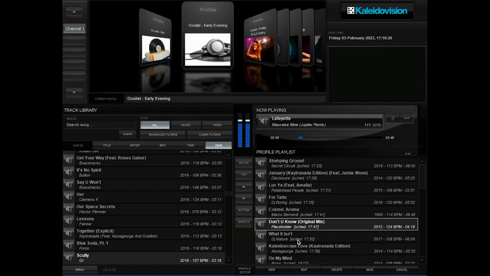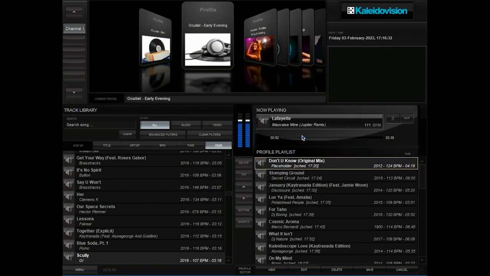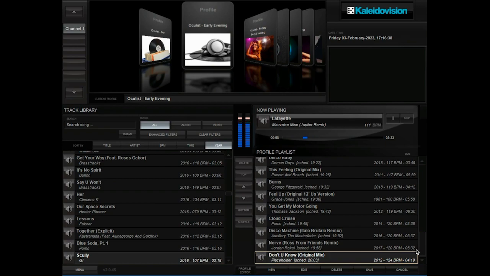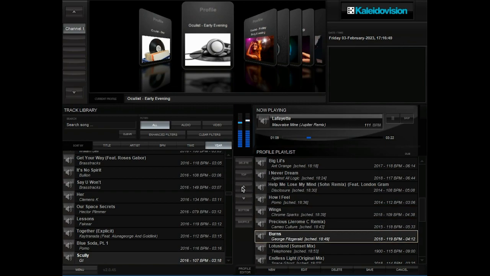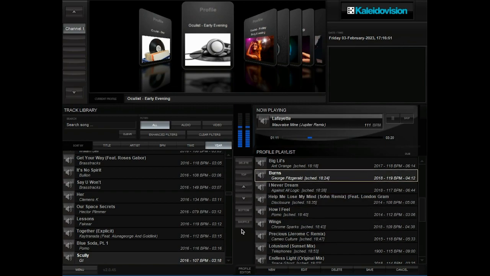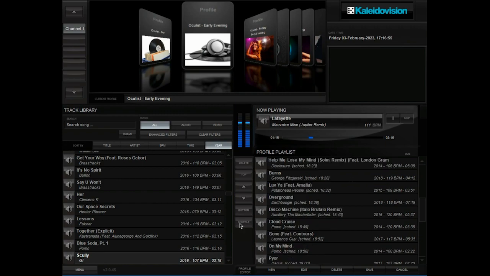What you can do as well is you can grab it if you wanted this track to appear at the top. If you click it, and the top, it will go to the top of the list, and when it's finished playing Lafayette, it will then kick in. Or for instance, if you want to move that right to the bottom, it will go to the bottom of the playlist, and that's not going to play until 3 minutes past 8 now. Or you can grab an individual track and you can move it up and down the time schedule as you want. You can also grab the whole thing and shuffle it all, and it will shuffle every single track it's